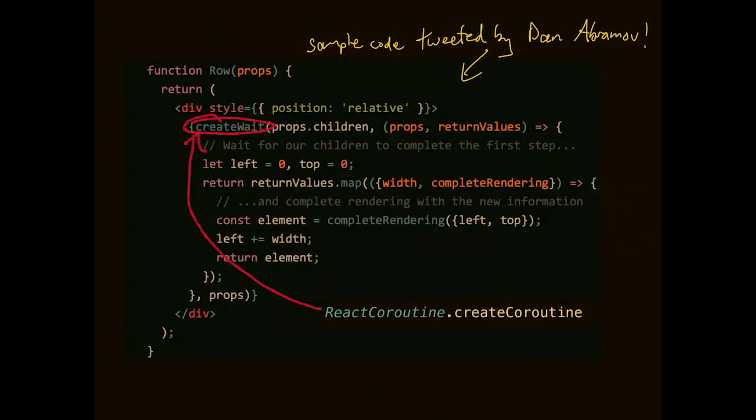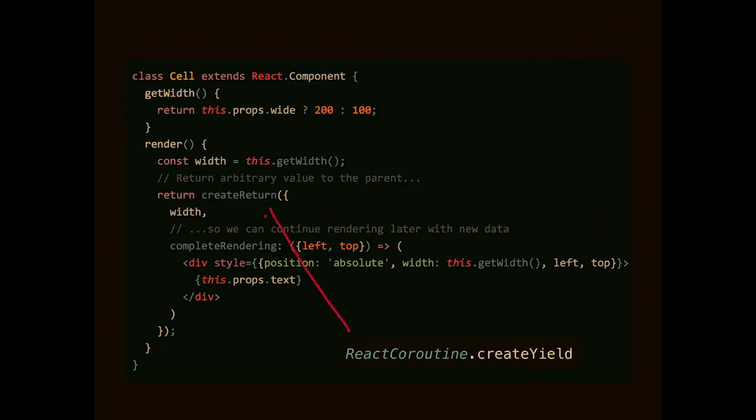The idea of it was that instead of just rendering a child, let me tell you the use case first. The main use case, or the most obvious one, was for layout. So often when you're doing layout, the children need to be rendered before they can be laid out by the parents. And at the moment, the only way you can do that is by rendering twice or by doing some other kind of funny business. But if you had a coroutine, you could yield execution to that child. The child could do some work to get the value that you needed in the parent, return it to the parent, the parent could then resume, and that's what this was supposed to do.